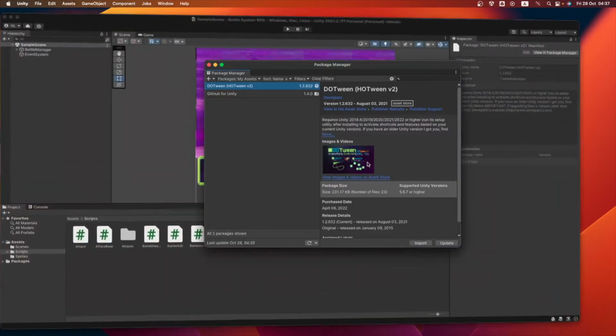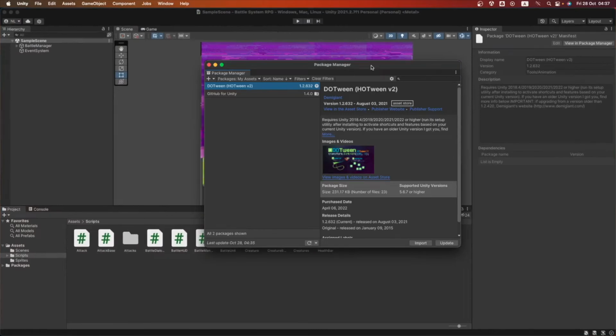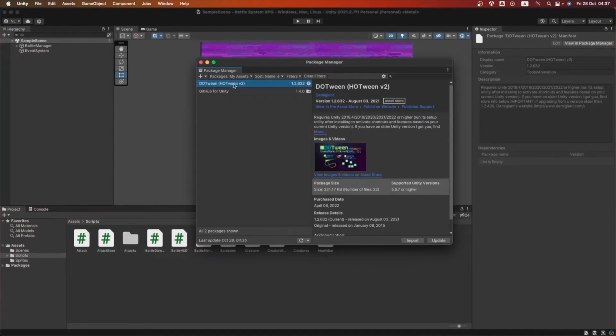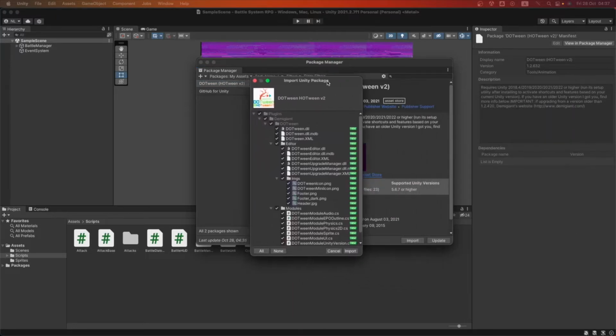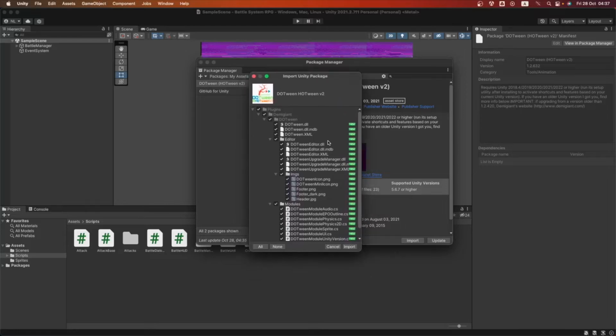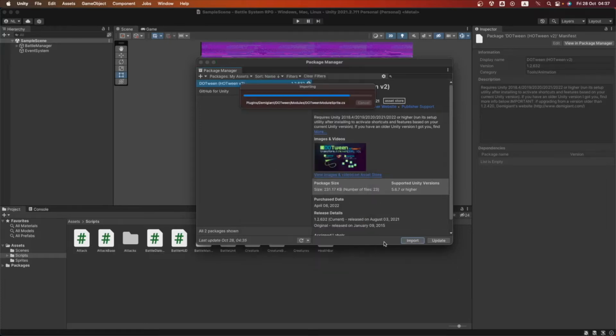We're gonna allow it, and then it's gonna go back into the engine and the Package Manager is gonna show us the DOTween package. Okay, so we're gonna click here on import and we're gonna wait for it to import. Okay, so let's click import. This is loading and it loads very fast and it's gonna give us this window. We're not gonna change anything here because we're gonna be using all of it, and we're gonna click here on import to get all of the package. So let's wait for it to load. It's gonna load in a bit.